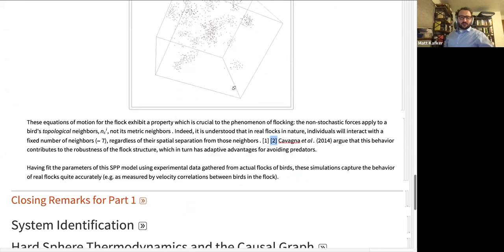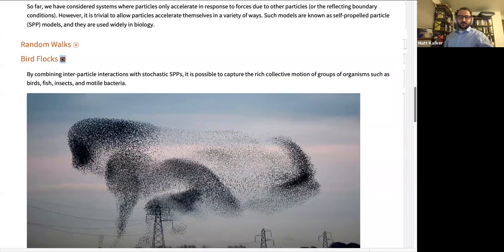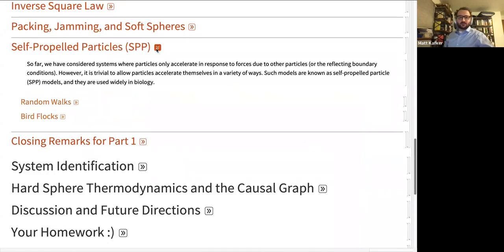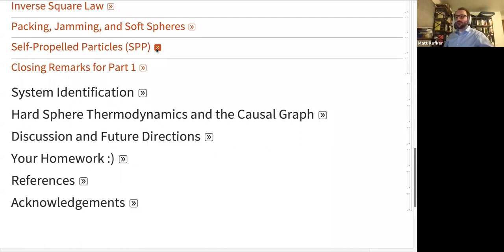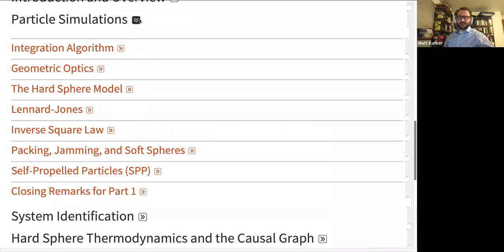Okay, that is the end of just throwing a million particle simulations at you and saying, look at all these cool particle simulations. A more sincere way of ending this section is that this is a highly general technique. Depending on how carefully you go about it, you can get quite a long way and do some serious science. You can also get a conceptual understanding if you're not interested in going to fourth order integration methods and the like. So that's the end of the particle simulation section, although the rest of the talk is founded on particle simulations. It's just not going to be the primary focus anymore.